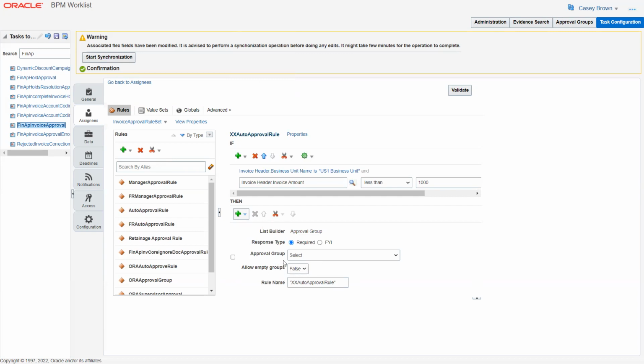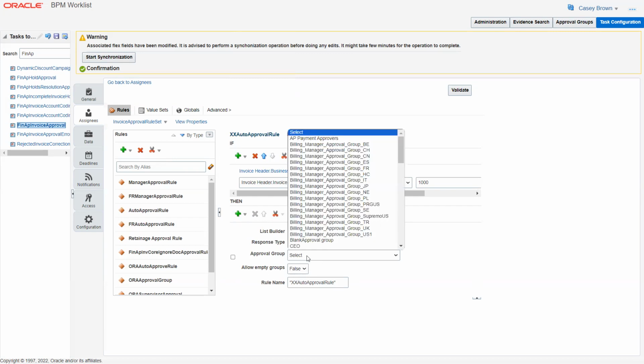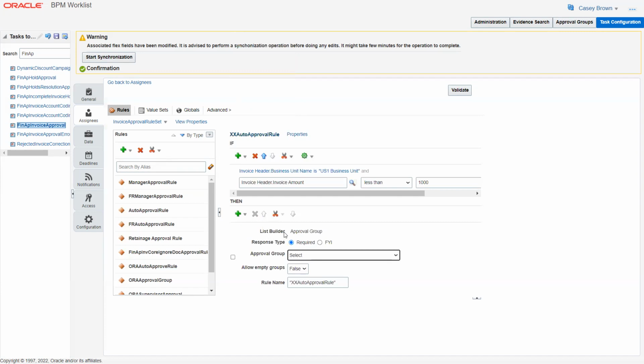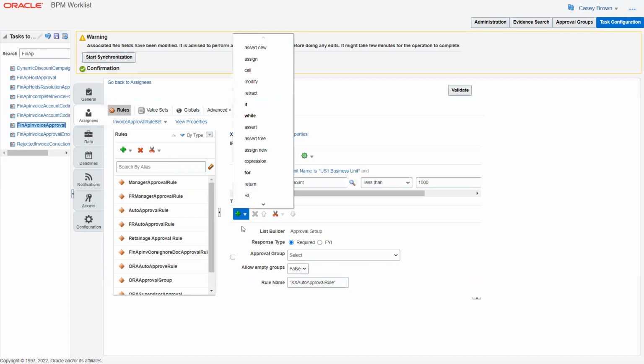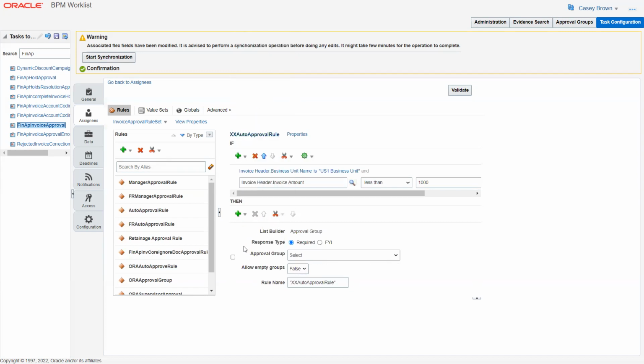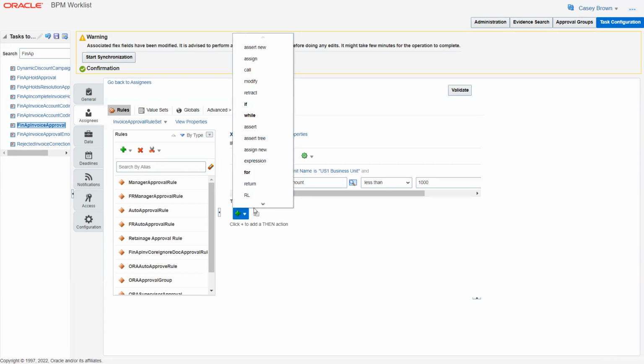and then, no, it's not approval group, right? Sorry. So you just delete this one. To delete, just select this box, and you can see here that the delete action is enabled. Delete set. Now click on plus symbol,